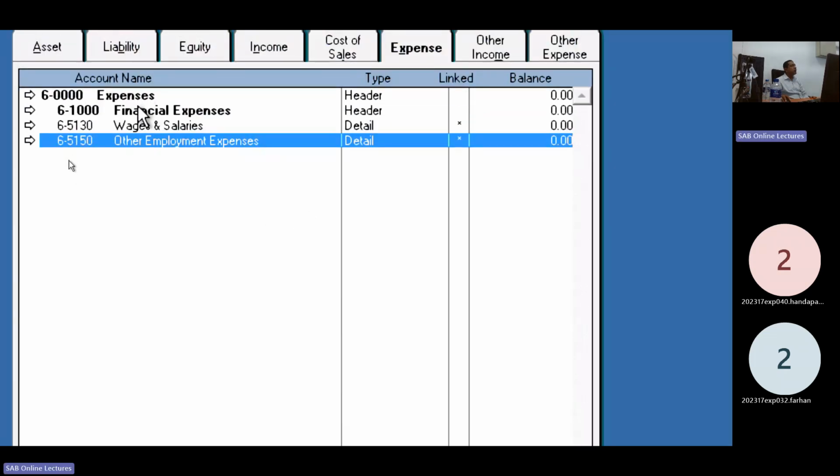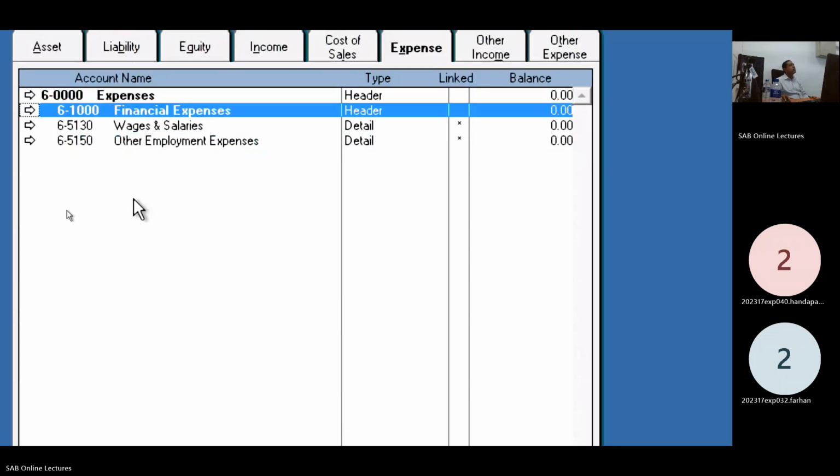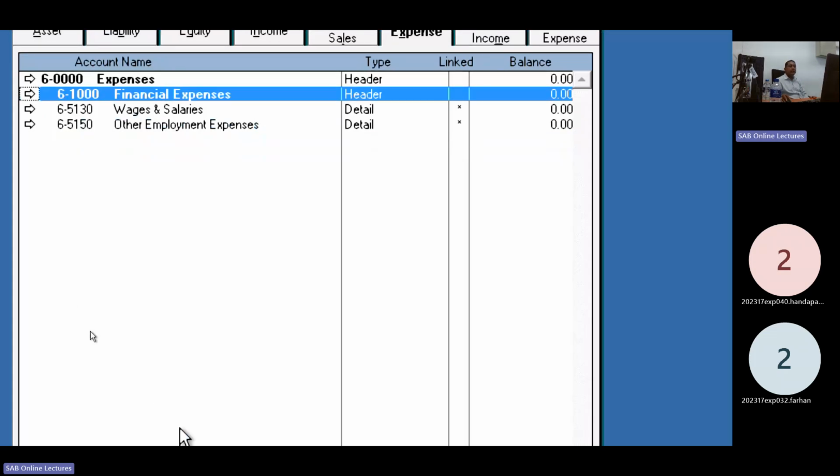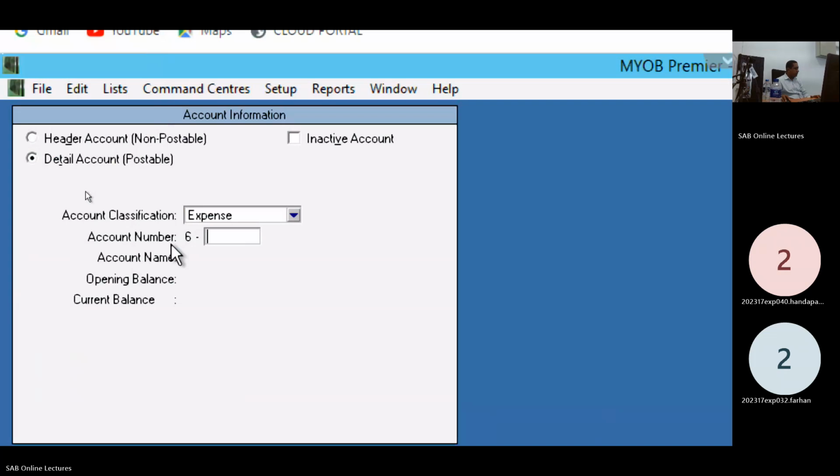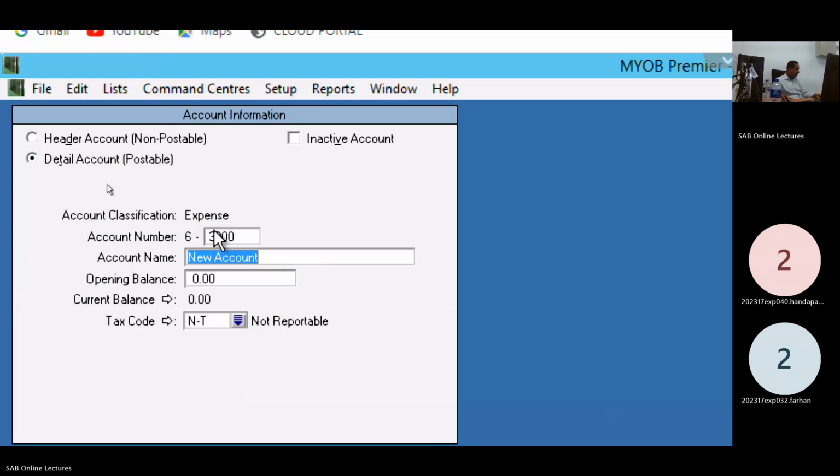First header account. Second header account. Is it okay? In the first one, new, 3,000. General expenses.